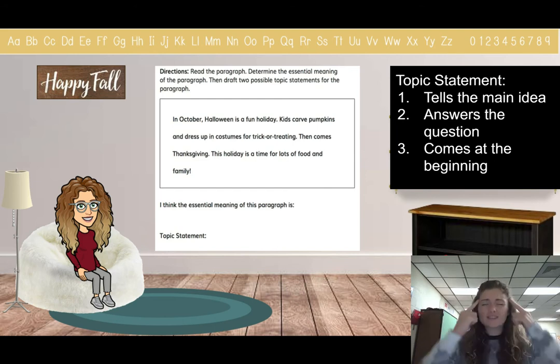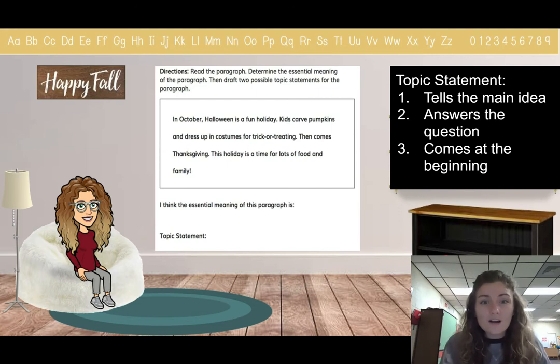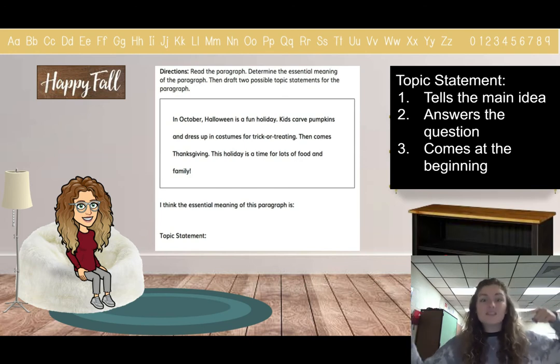So I'm going to think out loud for you a topic sentence that would work for our juicy details that we have here. So maybe I could say something like, fall has several fun holidays. Or maybe we could say, families celebrate some holidays during fall. Because I need to know why I'm wanting to learn about Halloween and Thanksgiving. When do those happen? They happen during the season of fall.